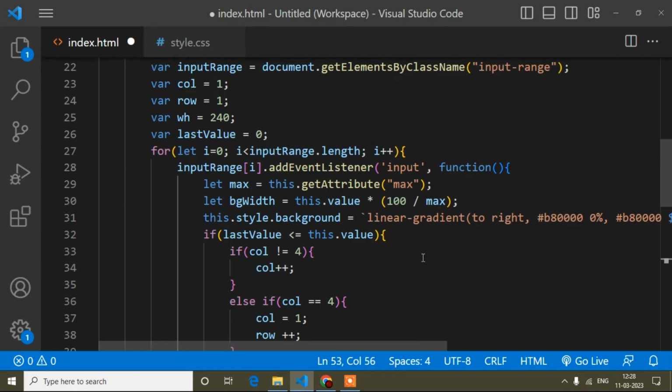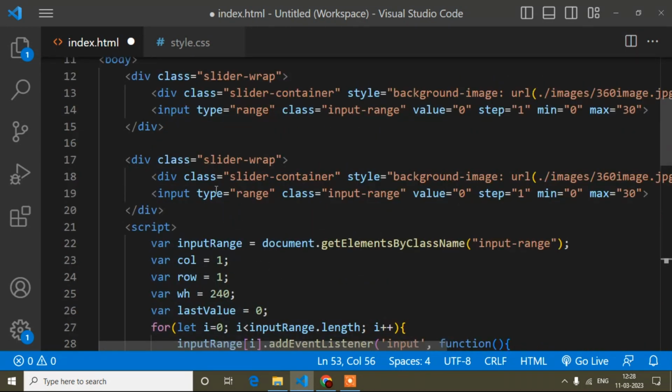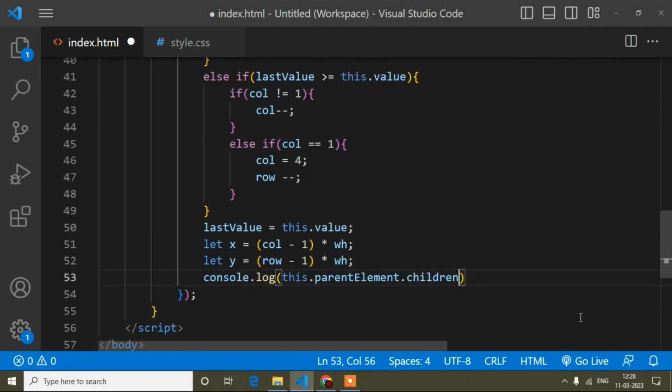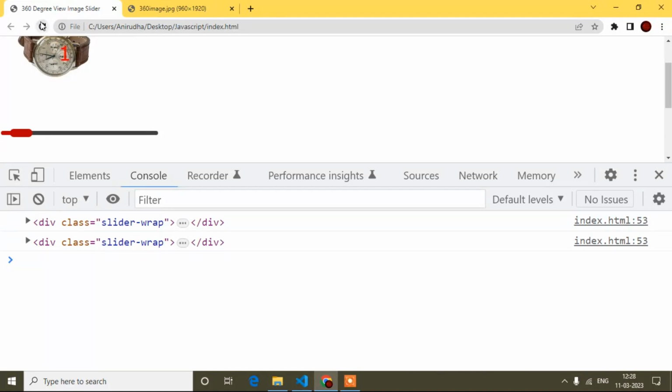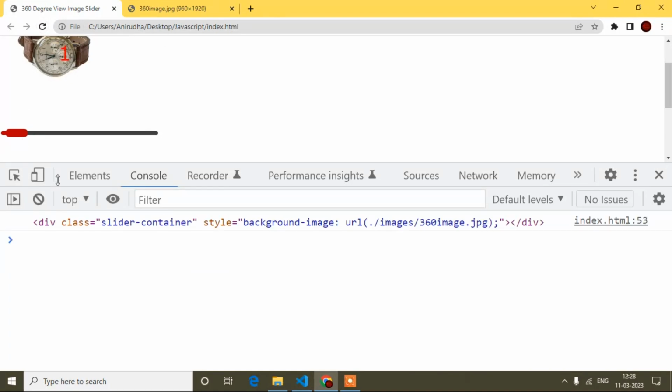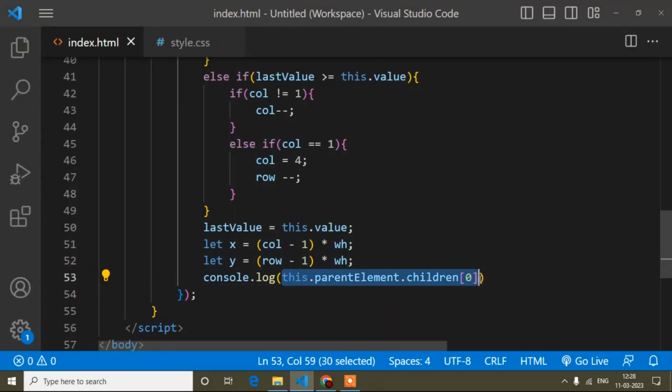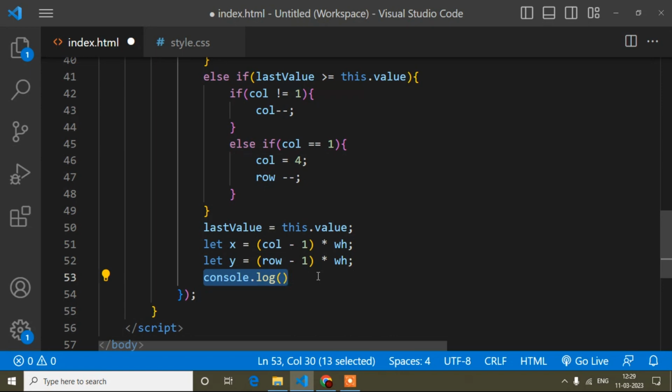This parent has 2 children, right? But I need the first one, so I will write 0. Let's see if I get that or not. Again I see I am getting this one. So now I can easily add width and height. I will cut it from the console and paste it here.